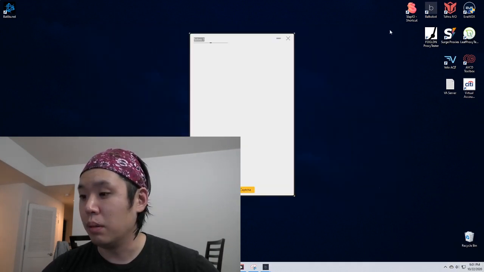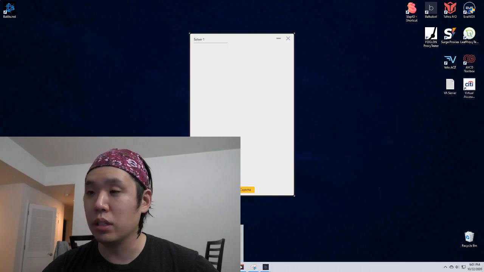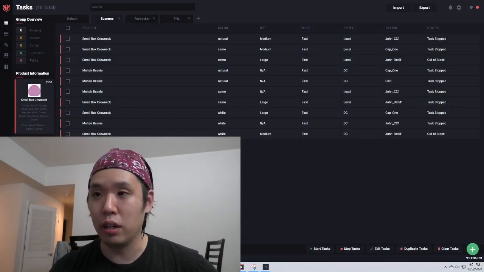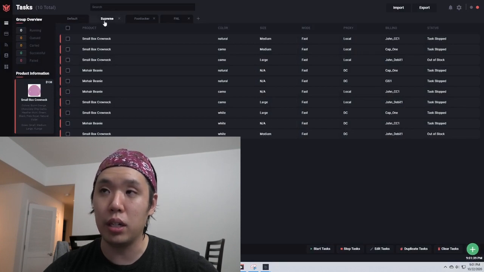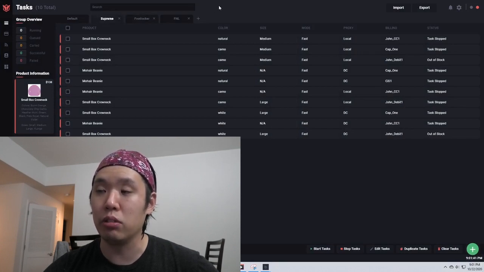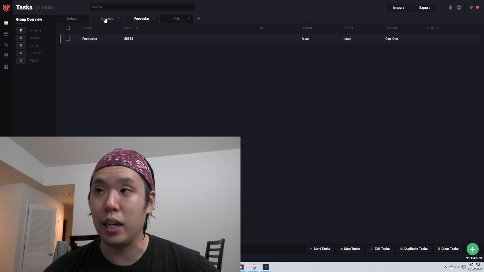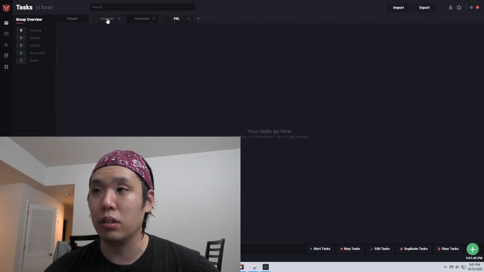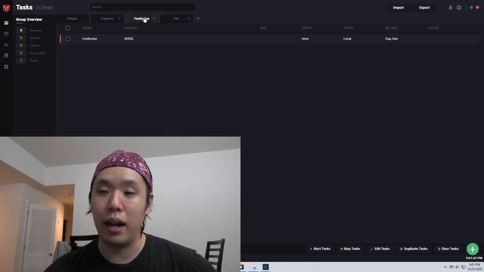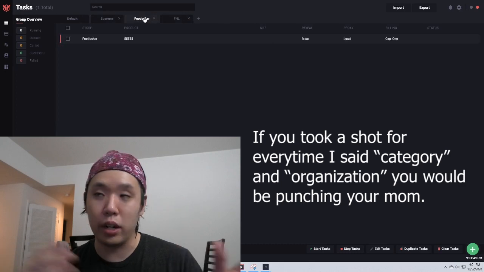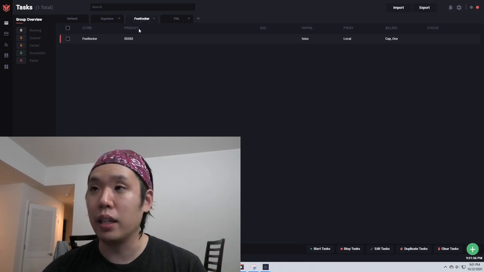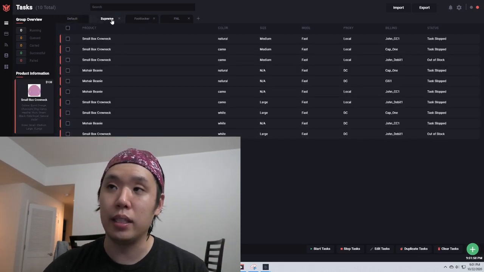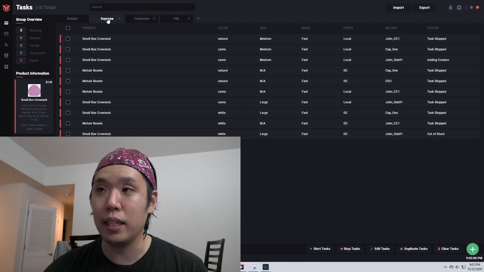So the Toru 1.0 is like a very neat version of what Balco tries to do, right? You've got your Supreme module up here. You can make whatever module you want, and you can easily flip tabs and go through different things and have different categories, which is what I was talking about before when I was asking for more organization when it comes to tasks. I think a good feature would be to be able to drag these tabs up